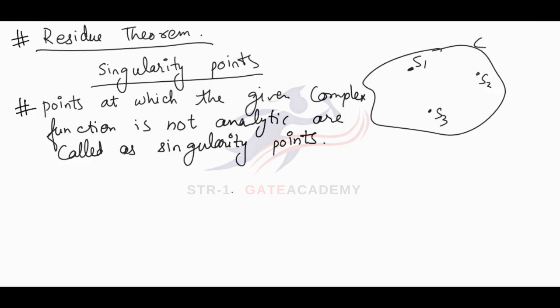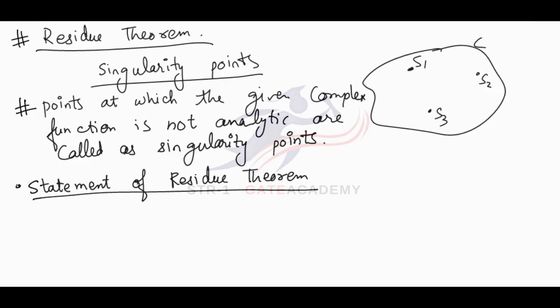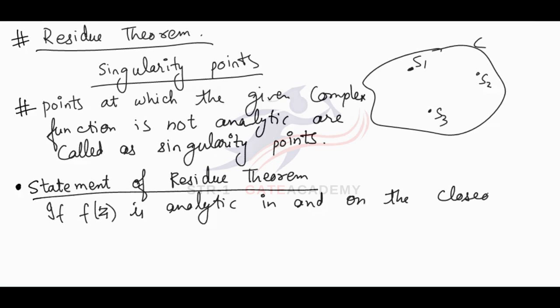We will not be able to find the exact value. We can also find the residue. So what is the statement of residue theorem? You can say statement of residue theorem. What is it saying? Let us understand this. It is saying if f z is analytic in and on the closed curve C,